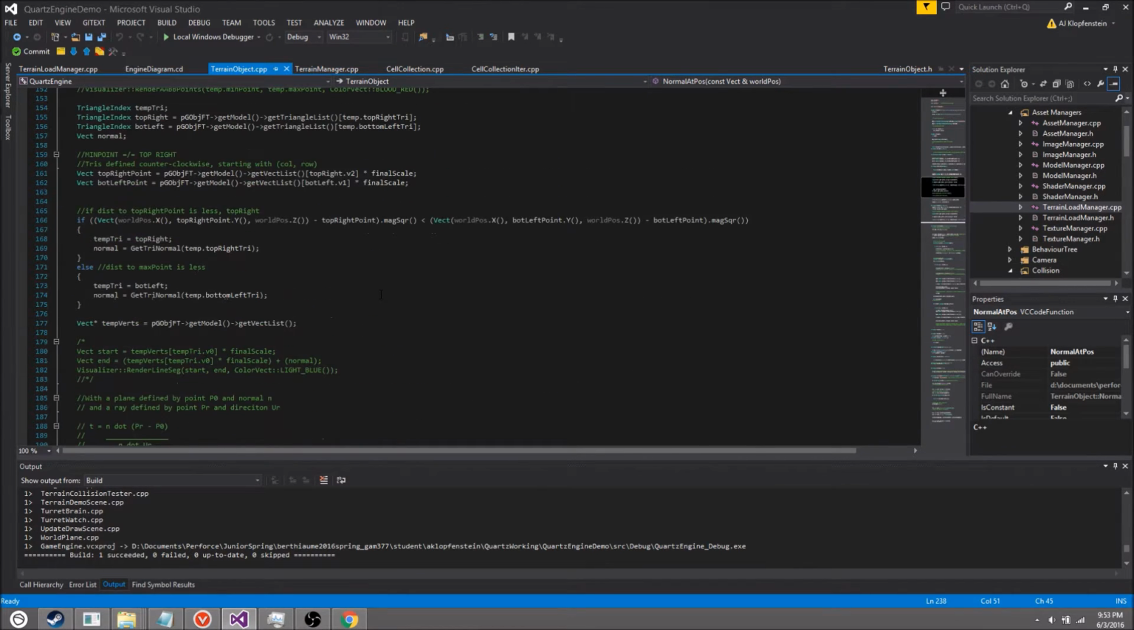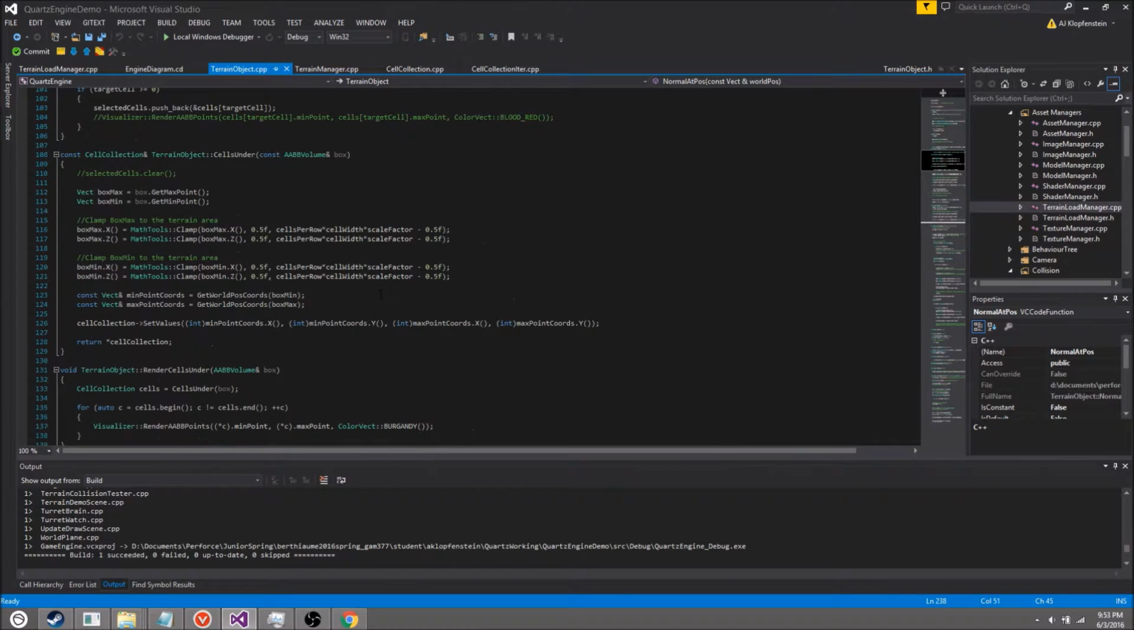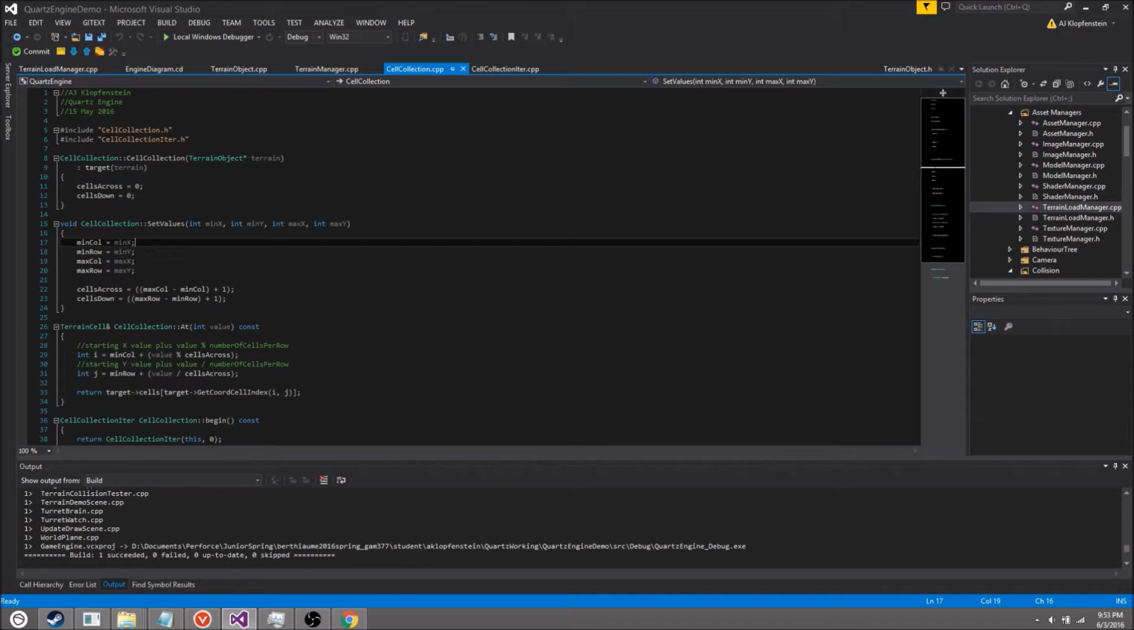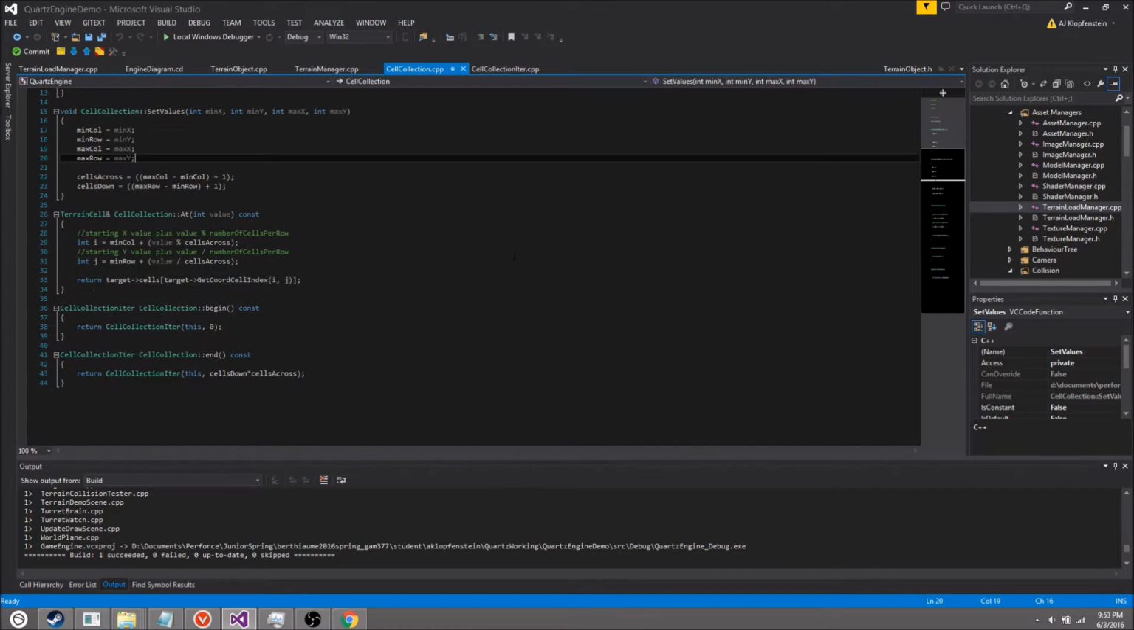We also have, important for collision, the cells under method. This one is finding the cell of the min point and max point of the passed in AABB volume, and then creating a cell collection of that same size. A cell collection just takes in the numbers that you pass into it and allows access to the iterator